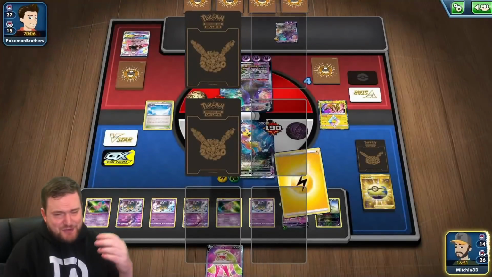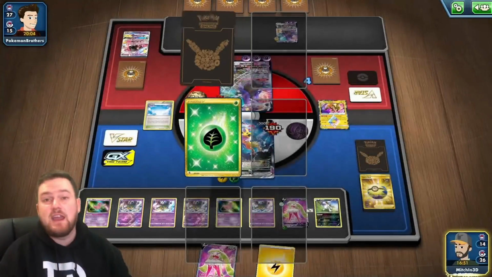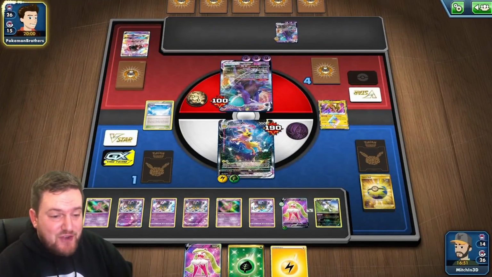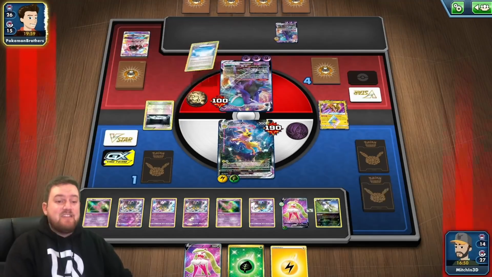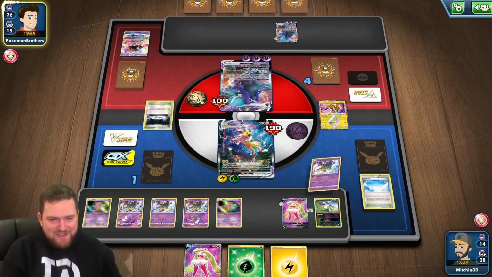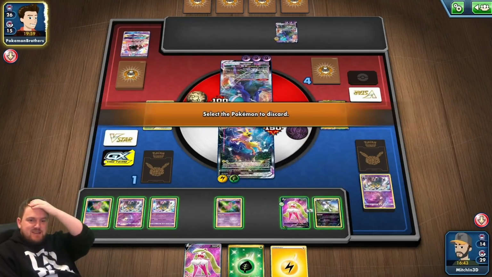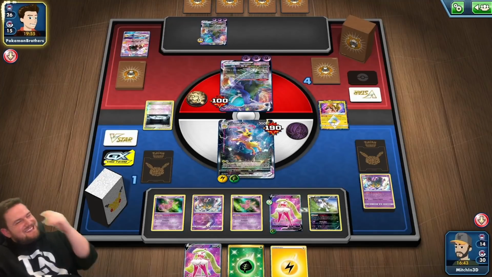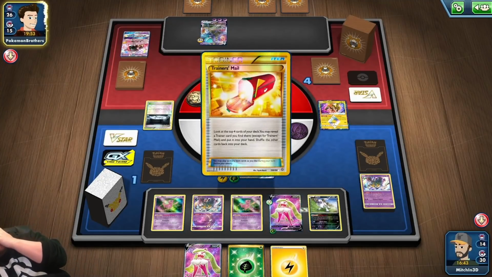Oh, I don't have any way to draw cards. Okay. Well, in my excitement to take the knockout on the Tapu Lele, I forgot that I need to actually be able to draw cards next turn. If I had an out to boss, would I win this game if I had an out to boss? We'll just discard these quickly. Oh, I think they just retreat. If I had a...